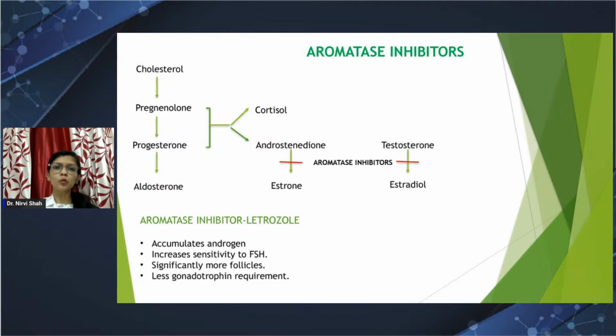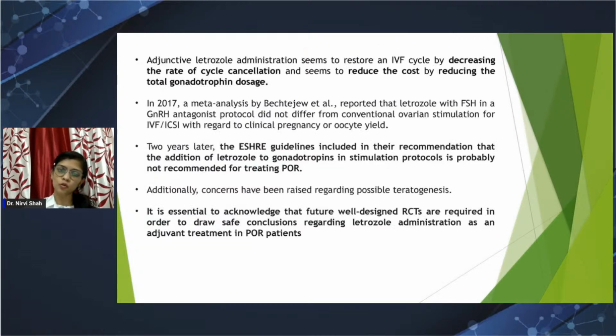So now we have aromatase inhibitors. One of the most common ones is letrozole. So it acts at this level, from androstenedione to estrone and from testosterone to estradiol. That's the place where it acts. So it increases basically the androgen concentration by inhibiting its conversion to estradiol and estrone. So in a way, it increases again the sensitivity to FSH. So more number of follicles are recruited, less gonadotropin requirement, good oocyte retrieval,